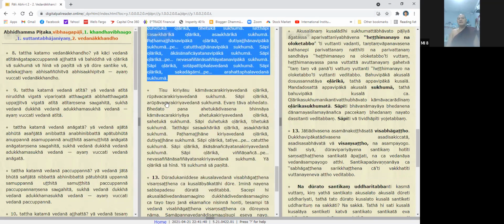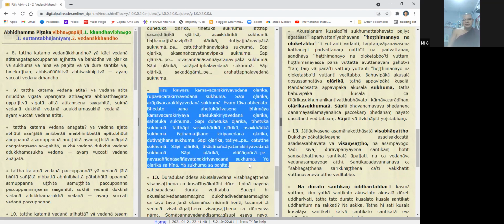The Kriyas are only three kinds: Kamajara Kriya, Rupajara Kriya, Arupajara Kriya, not like Kusala and Vibhaṅga. For Kusala and Vibhaṅga, we have Kamajara, Rupajara, Arupajara, Lokottara. But in Lokottara, there is no Kriya, there are only Kusala and Vibhaṅga. That's why when we analyze Kriya according to the Bhumi, we have only three kinds of Kriya. Tisu Kriyasu: among the three kinds of Kriya,